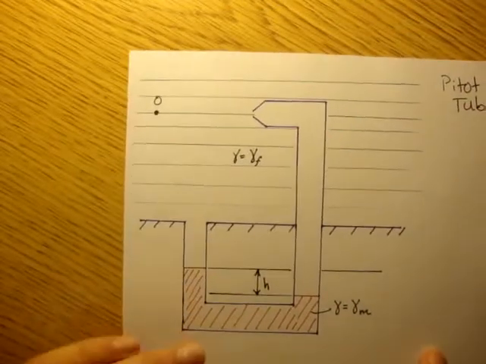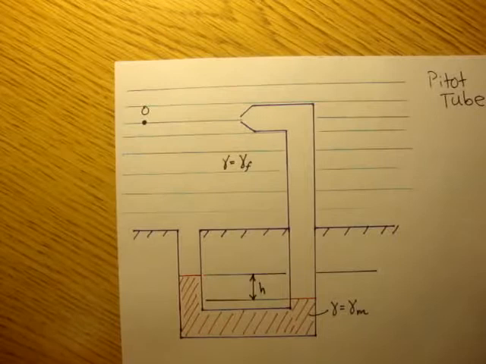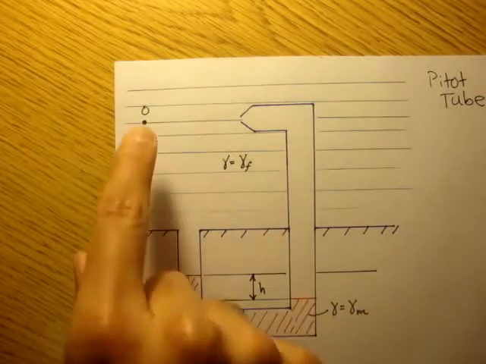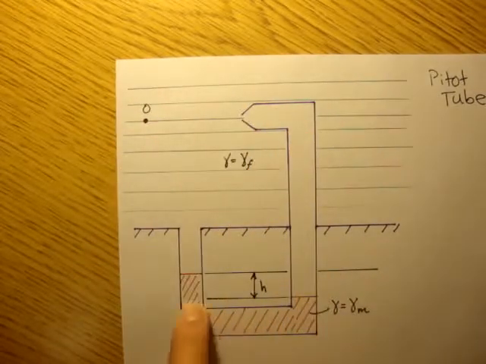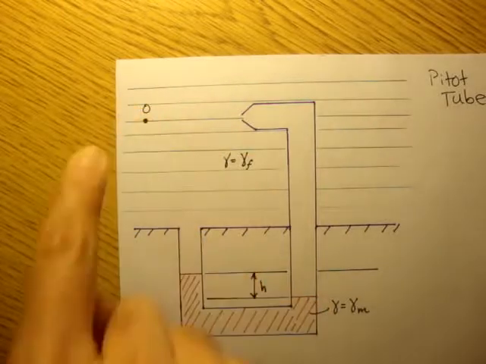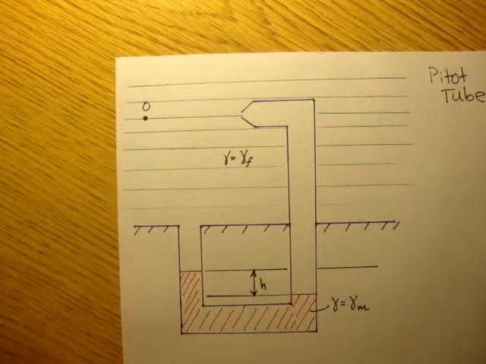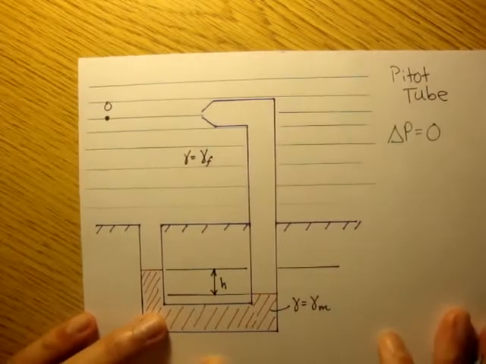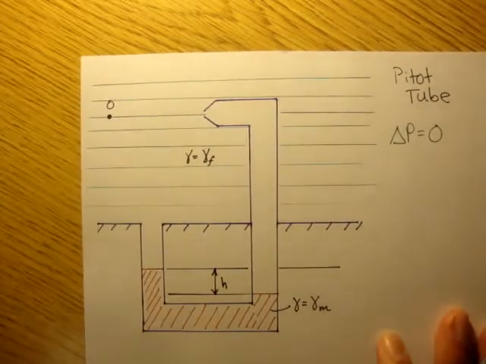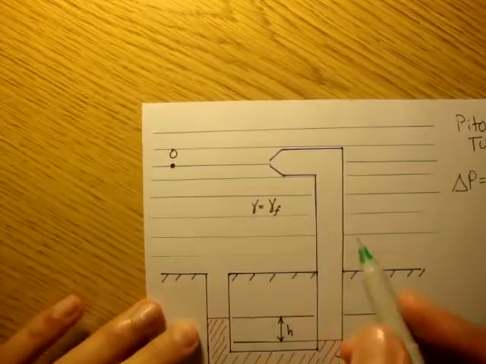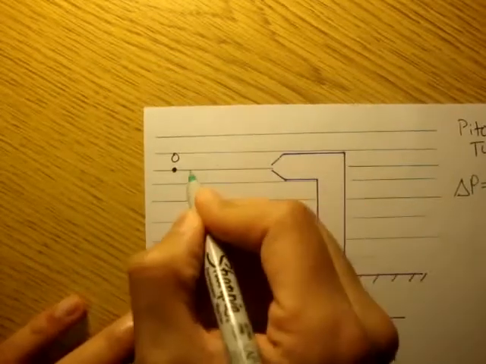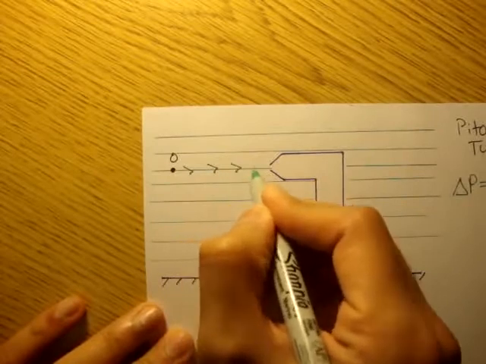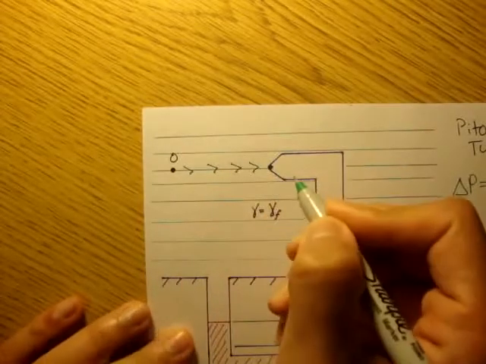So we know how to work with static pressures. We just take a path, and the net change along that path is going to be equal to 0. If we start at 0, we go through the tube, come up here, and end back at 0, we know that the change in pressure is going to be equal to 0, right? So let's start our path. We'll begin here at point 0, and we'll go this way, and this way, and this way, and this way, and we'll hit the